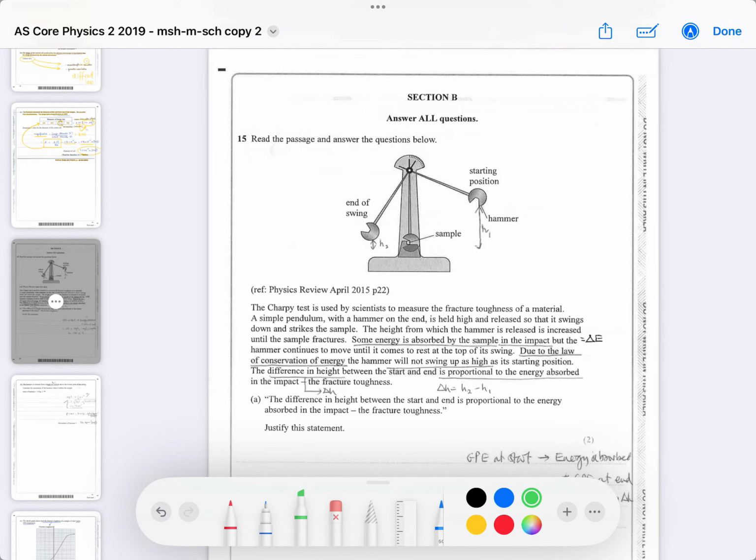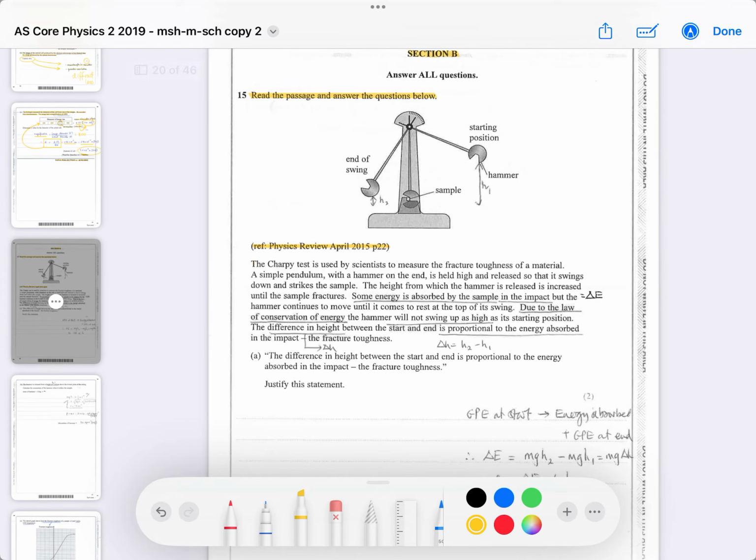There we have it. So question 15 of section B, it says read the passage. So it has a passage which threw some of my students the first time they saw it. And it even gives you references from Physics Review in 2015. It says that this is some kind of test. The Charpy test is used by scientists to measure the fracture toughness of a material. So basically when it fractures